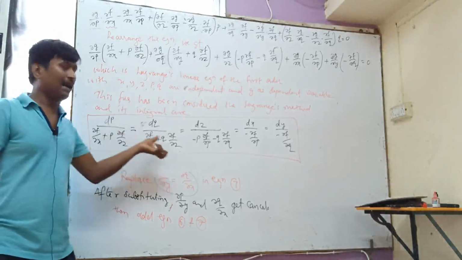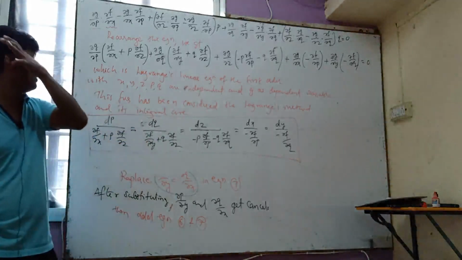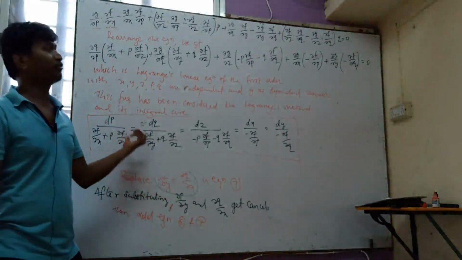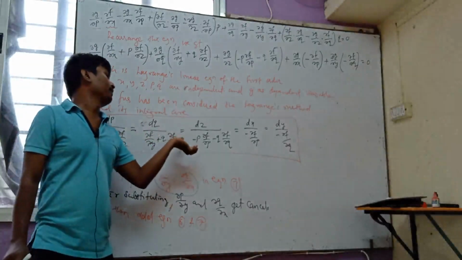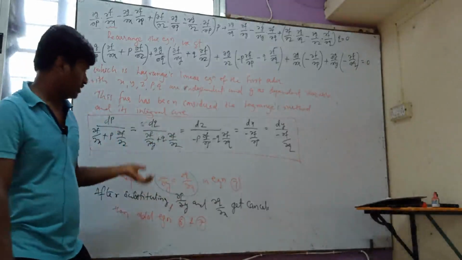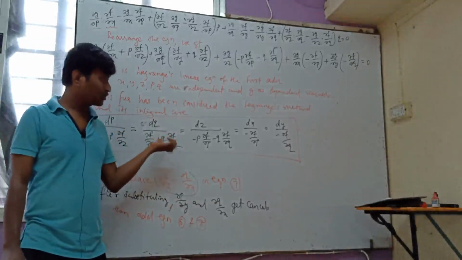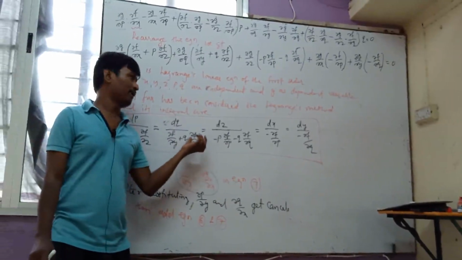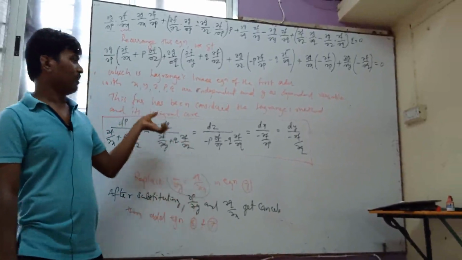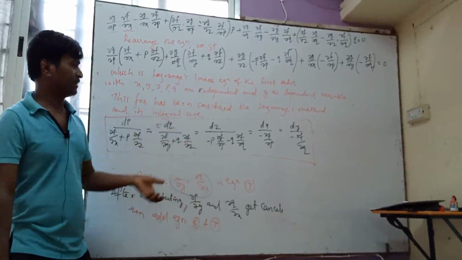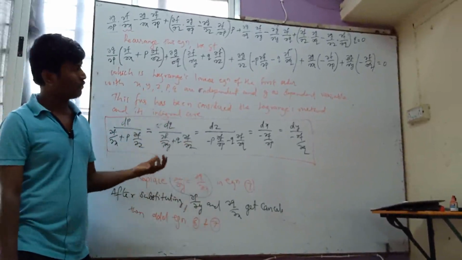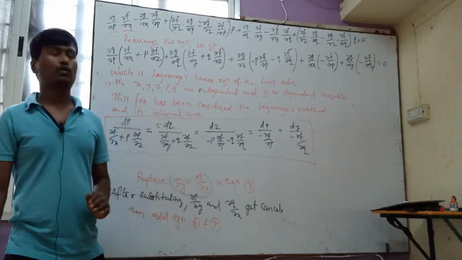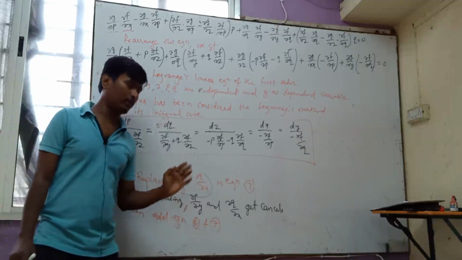So these are called Charpit's auxiliary equations. This carries a 5 marks question in all the universities. So I hope you should practice this question at least 4 to 5 times, then it becomes familiar to you. Anyhow, if you have any questions regarding this, please ask me. Otherwise, I will conclude my today's lecture on Charpit's method for solving the partial differential equations.